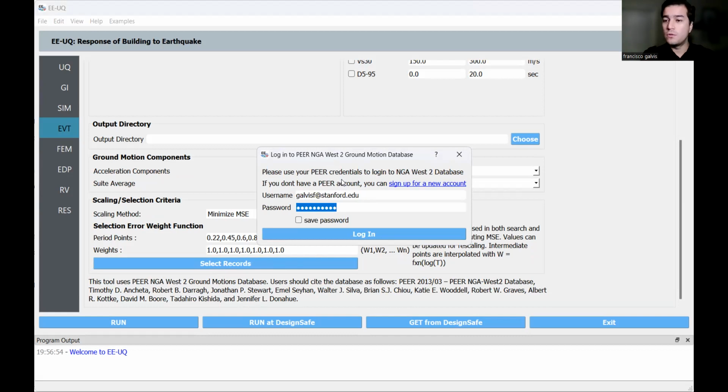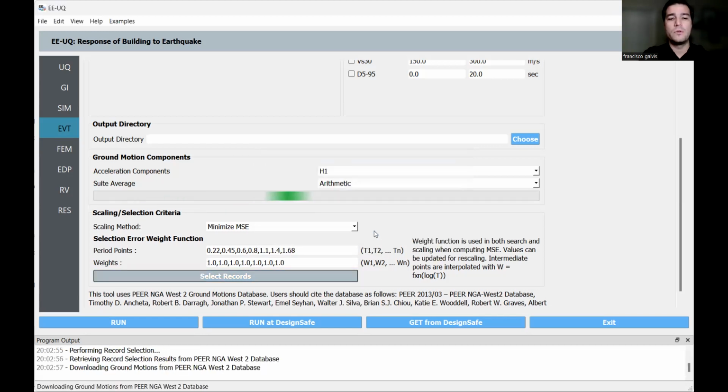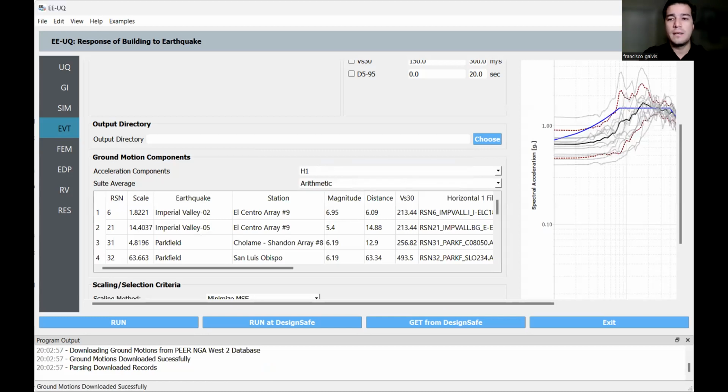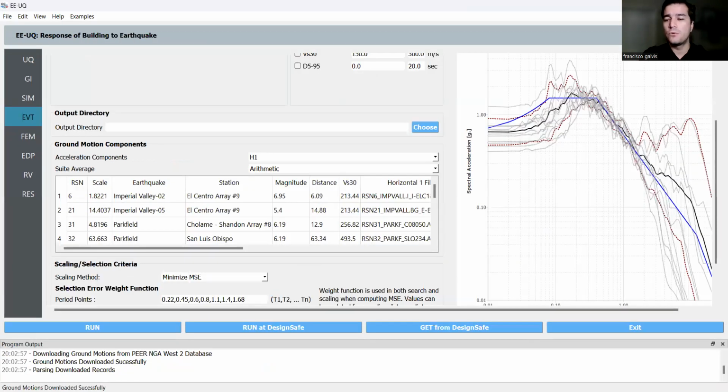This is a really good database of ground motions that have been collected around the world and have been processed and organized in a uniform manner, ready to use in nonlinear response history analysis of structures. If you don't have an account, you need to click this link that will open up the PEER NGA database, where you can log in, create your account, and with that access the ground motions. I already have an account, so I'm able to log in, and then that automatically would kind of get EEUQ